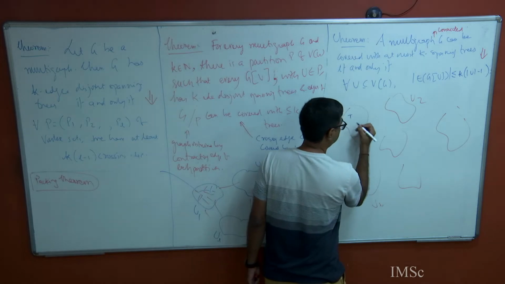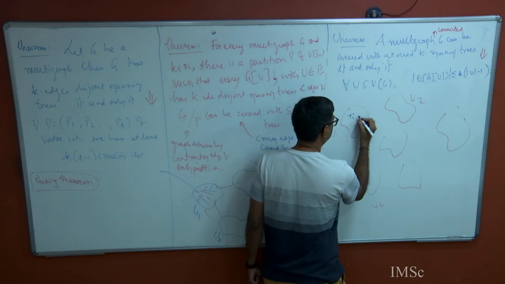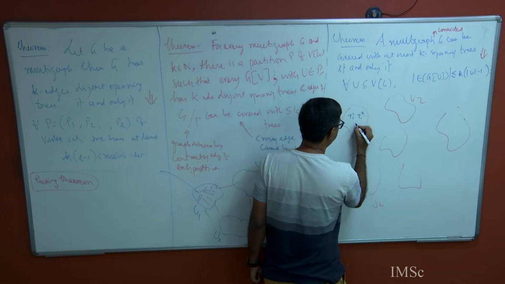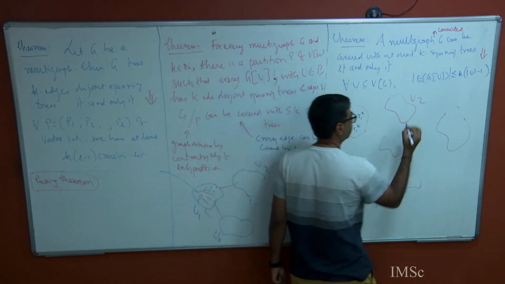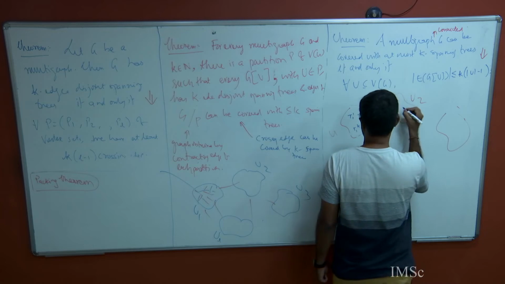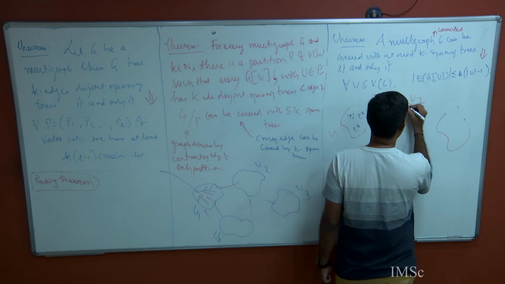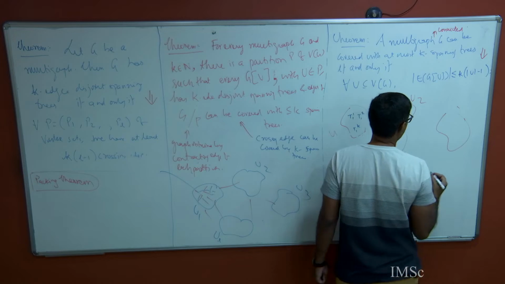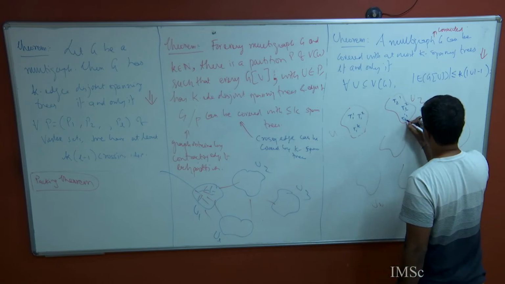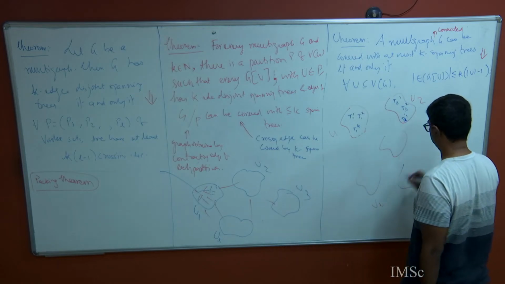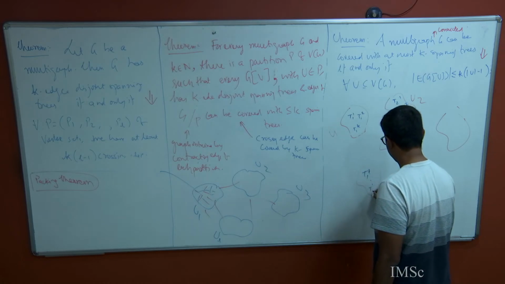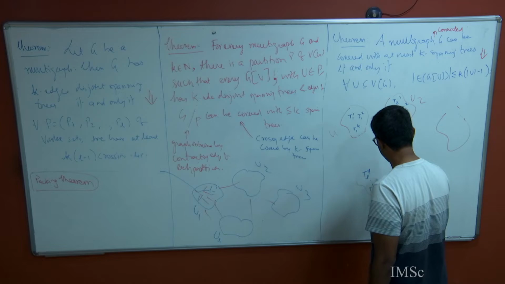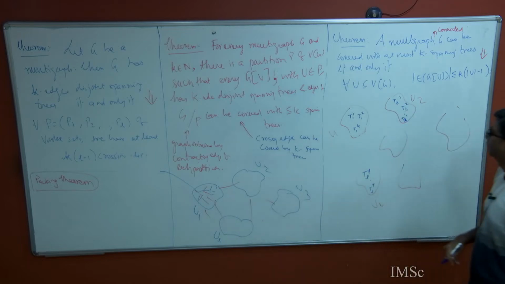I'm going to call them T11, T12, T1k. Like for the first partition, there are k edge disjoint spanning trees on this. T21, T22, dot dot dot, T2k, and so on and so forth. So for the L-th one, they will have TL1, dot dot dot, TLk. Okay. So this is how the spanning trees are in each of them.